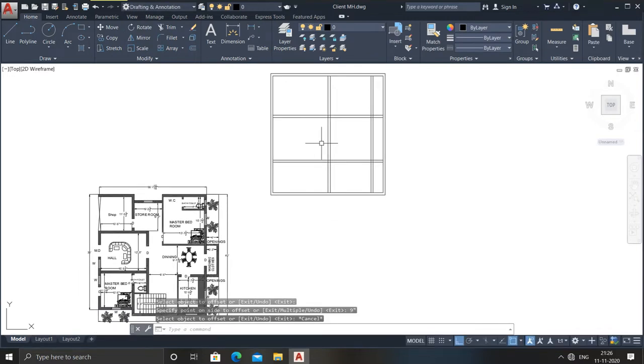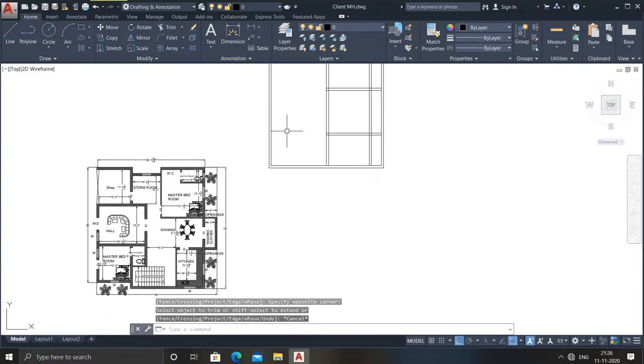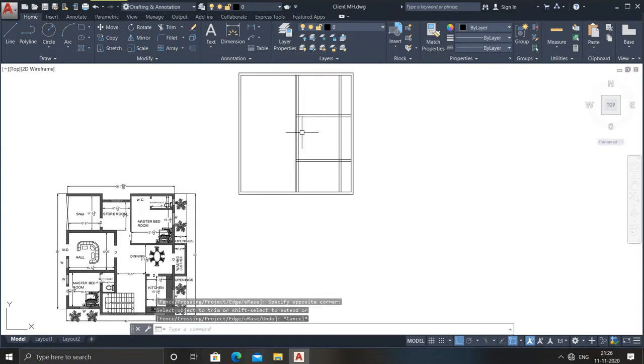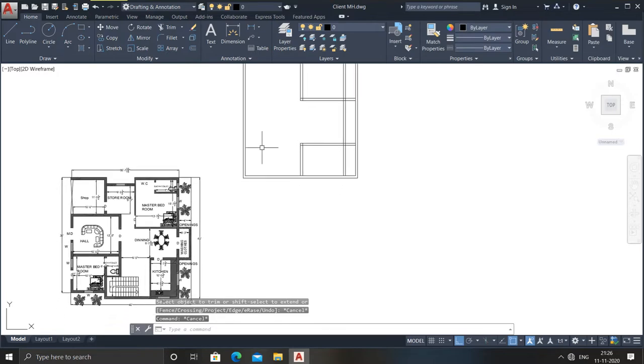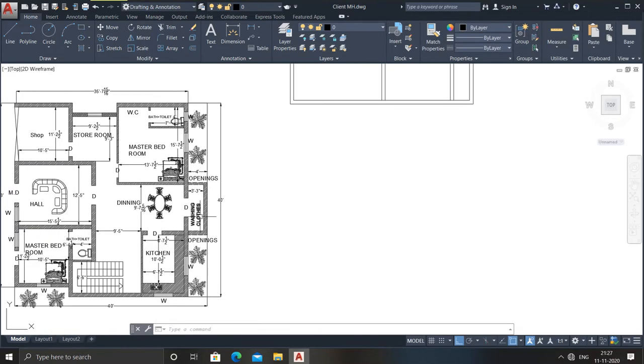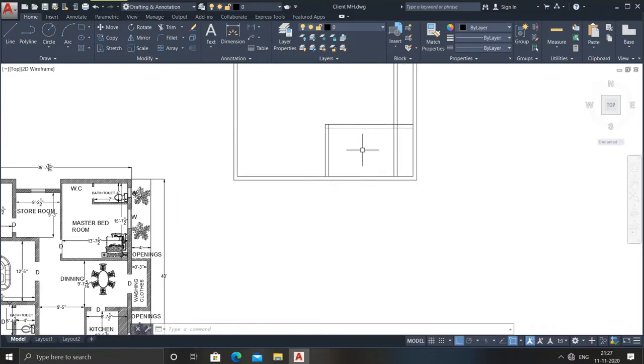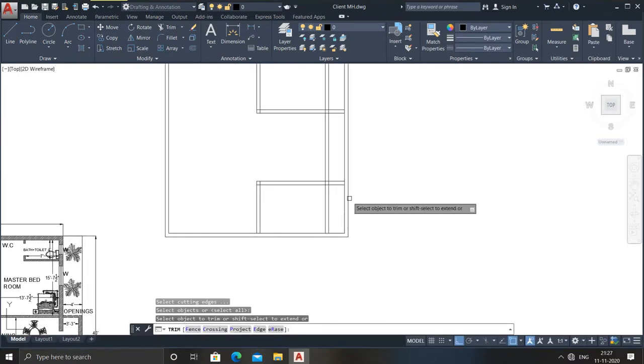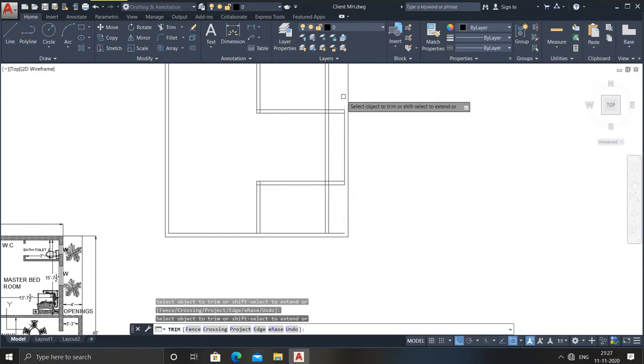Now what you need to do is go for the trim, just trim both, which I have trimmed. Escape it. Now this extra line I do not want, so I just trim it. Escape it. After that you can see it here, this part is the only part I want, because here are some openings, these are the openings. Here you can see the trees are there. So go for the trim command again. Now trim this one and this one too.